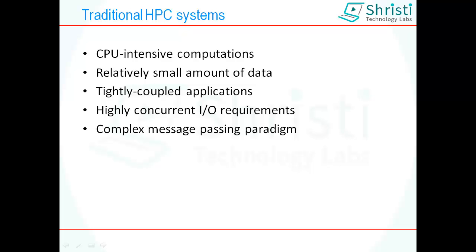So a lot of things, right? They are meant for CPU intensive work, processing a small amount of data. So they have a lot of concurrent processing, hyper-threading, and whatnot. All those things it takes care of. You use what